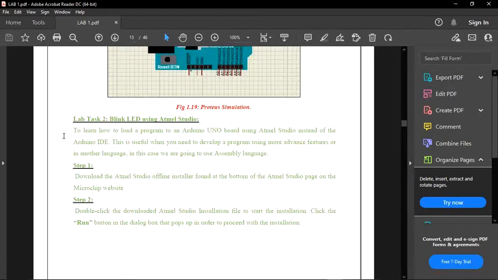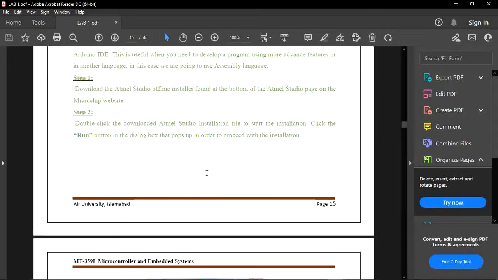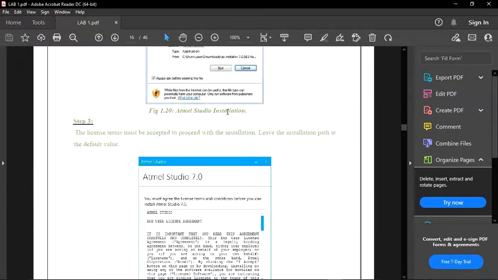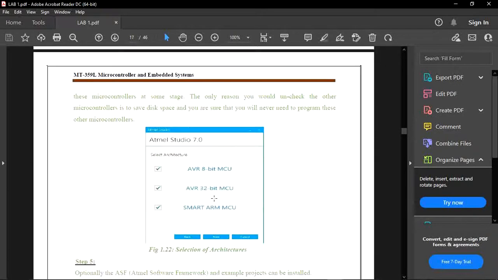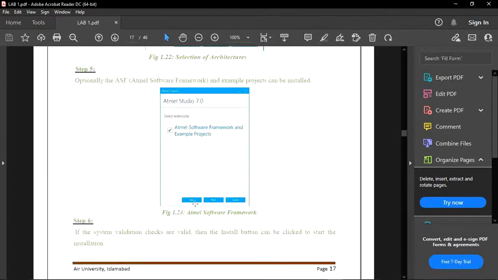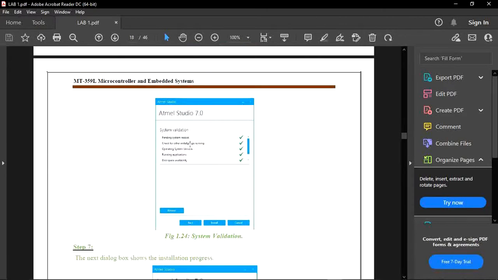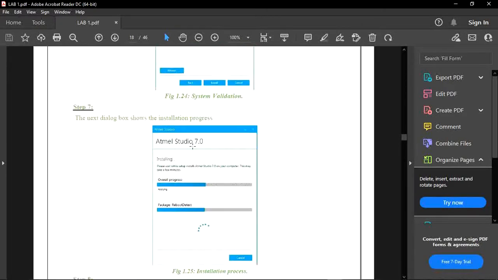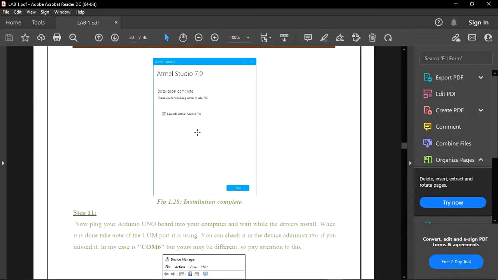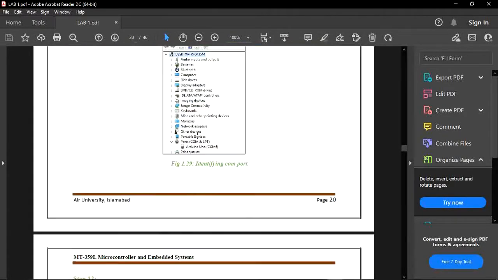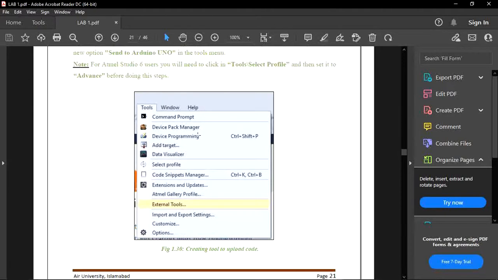Now we have to do the blink LED using Atmel Studio. First of all we have to install Atmel Studio. After installing, we click next, then select AVR, then next, then select all the check points, and then next. After installation we have to open it, and then perform different tasks.